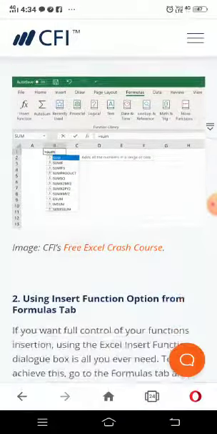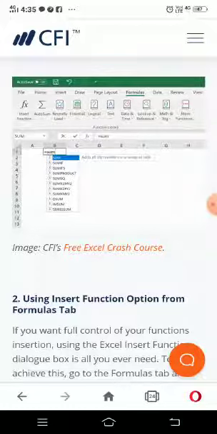Here we can see, if we type =SUM, we see the names of different types of functions: SUMIF, SUMIFS, SUMPRODUCT, SUMSQ, like this.